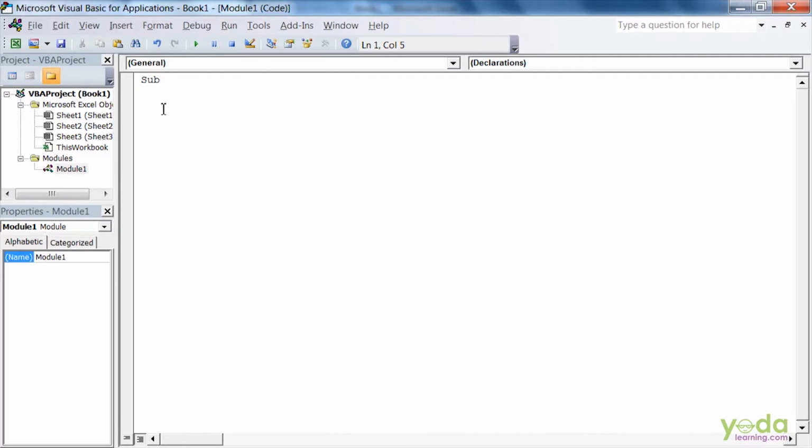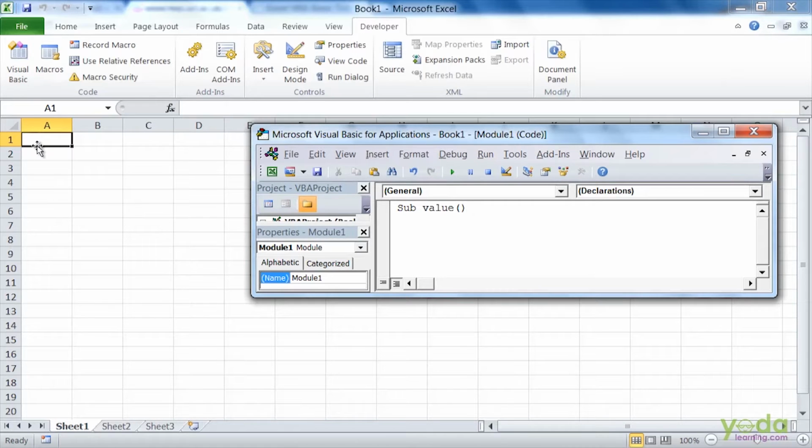This time we will see how to create a sub procedure. A procedure should accomplish a simple well-defined task. I will give the name to this procedure as, say, Value. The agenda of my video is I want that wherever my active cell is, it should type the value Excel.